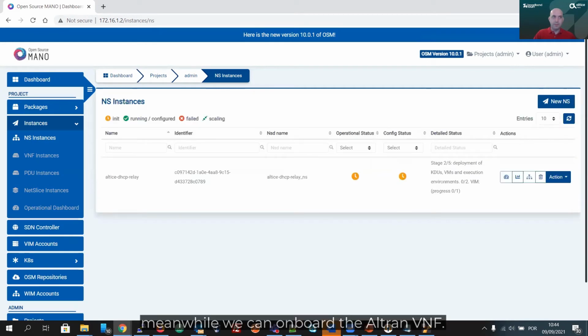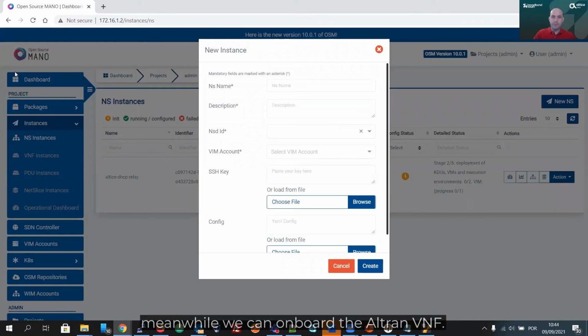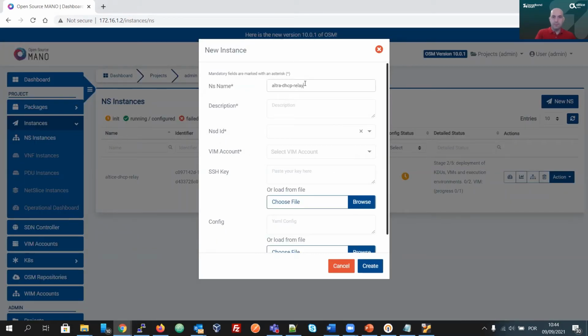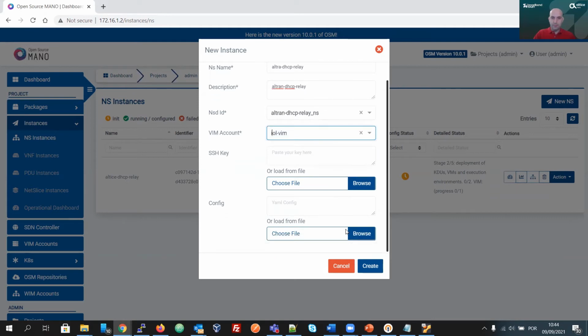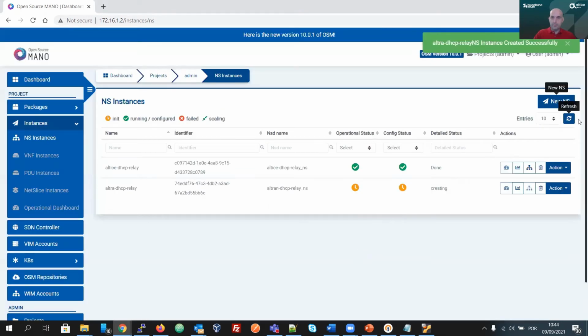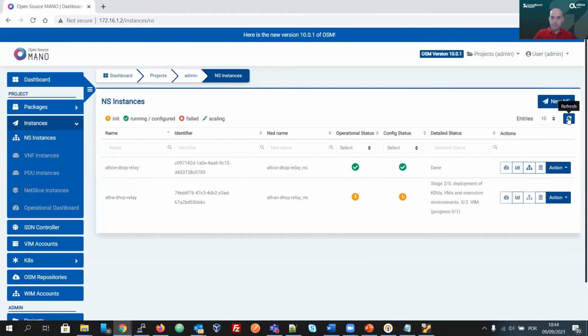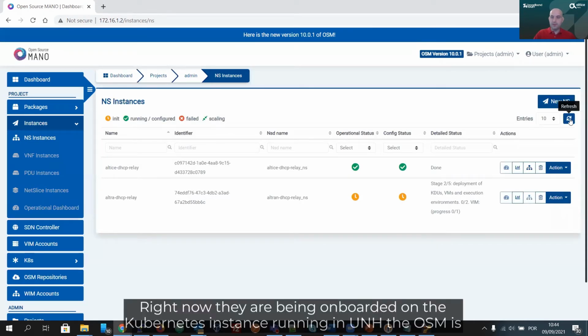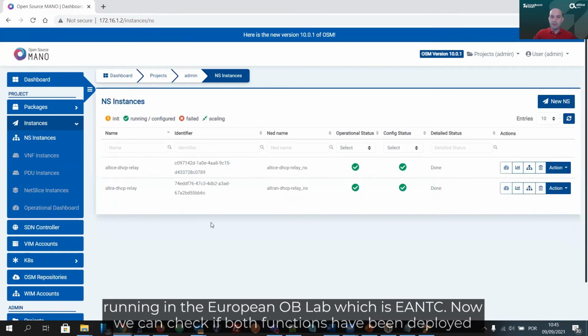Meanwhile, we can onboard the Altran VNF. Right now, they are being onboarded on the Kubernetes instance running in UNH. The OSM is running in the European OB Lab, which is ENTC.